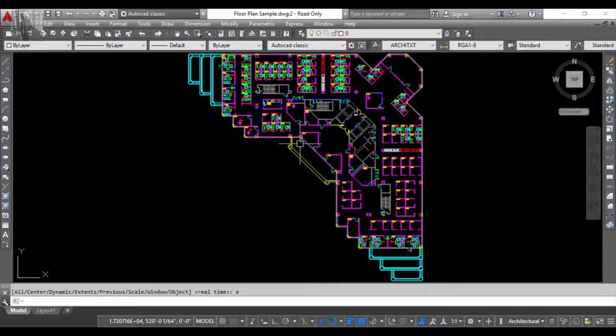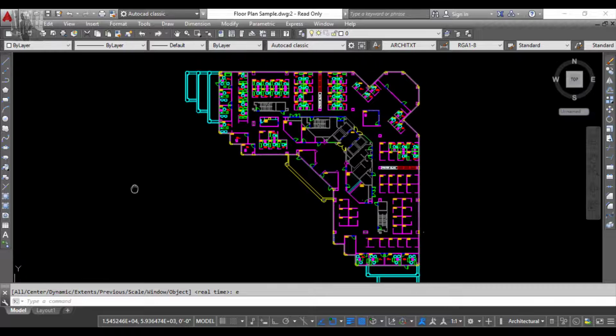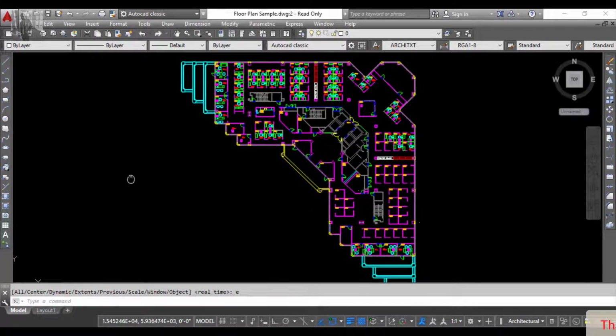Now we will discuss the most common method of zooming that most of you are using in AutoCAD, by the use of the middle mouse button. Middle mouse button, or some students also call it the roll over button, is the button situated between the left click and the right click. Do remember, there are different ways that the middle mouse button, or MMB, can be used. As I press the middle mouse button, you can see a hand coming on the screen. This hand is used for panning of the drawing. Let me repeat it. This is used for panning of the drawing.